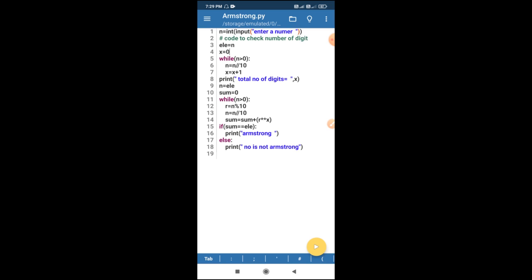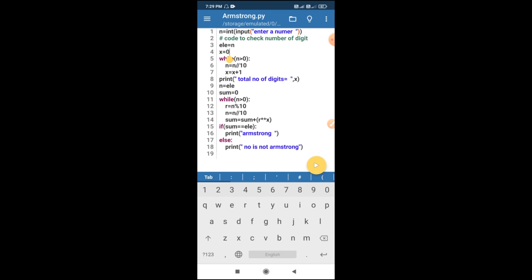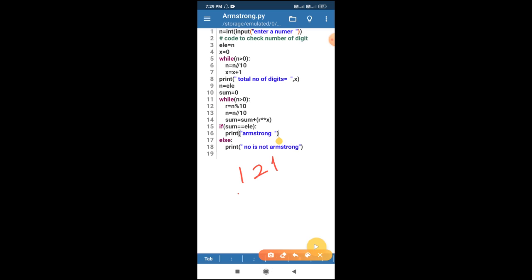So from line number 12 you are getting a digit. For example, I had entered 121 and I am dividing the number by 10, and when I take the remainder, the remainder will be 1. Similarly, in the next cycle I divide the number by 10, and here I store 12. In this way I am taking a digit out of the number and manipulating the number so that the next digit will be in the one's place.